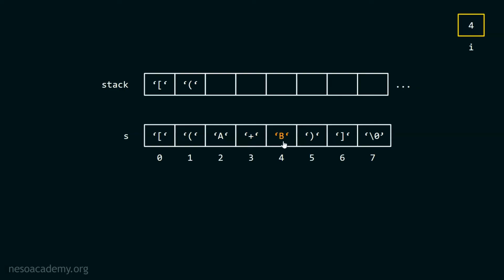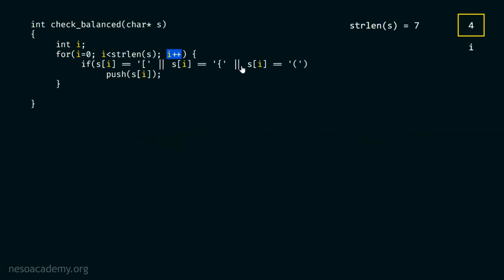Of course, we'll skip this symbol also. And then after this, we encounter this symbol, isn't that so? We know this that at this point in time, I is 4. After this, we will have to increment I by 1. This becomes 5. We know this that S5 is a right round bracket, right?